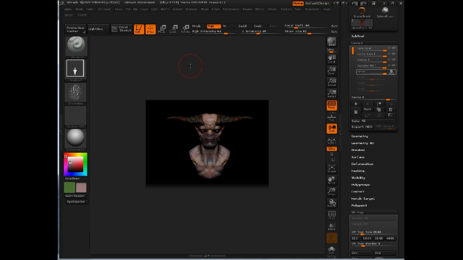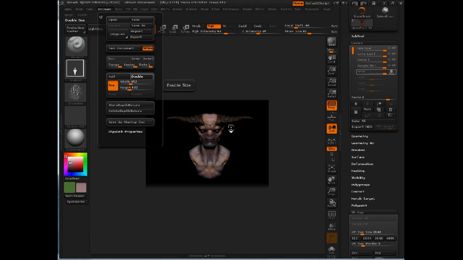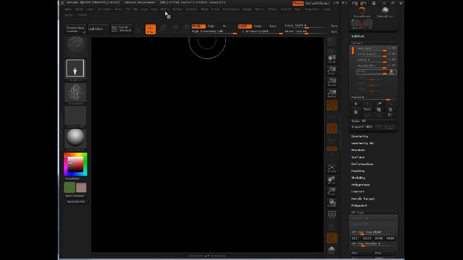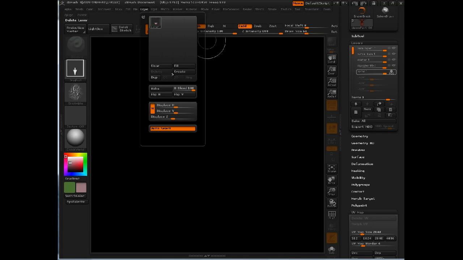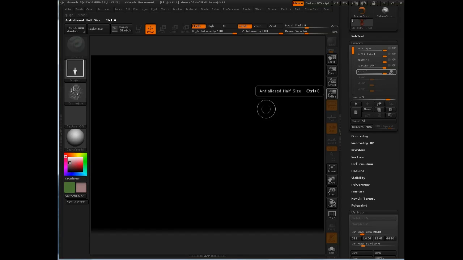So to correct this, we'll just go to Document and we'll click Double, and that will double size this document. Click Yes, and now it's going to drop that image to the canvas. Just Control N will clear the canvas. That's essentially going to layer and clicking Clear. The hotkey for that would just be Control N. Now if I anti-alias half, you see I've got a larger document. I can draw my guy back out, go into Edit Mode,